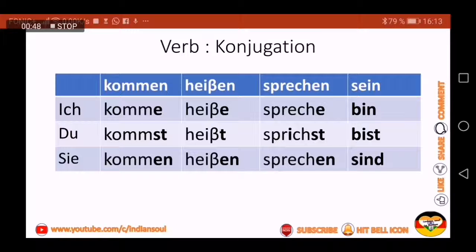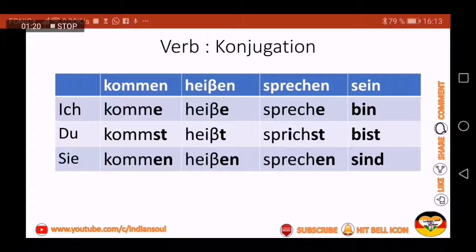So with ich you use ich komme, du kommst, sie kommen. And with heißen, with ich you use heiße, with du you use heißt, with sie you use heißen. So ich heiße, du heißt, sie heißen.